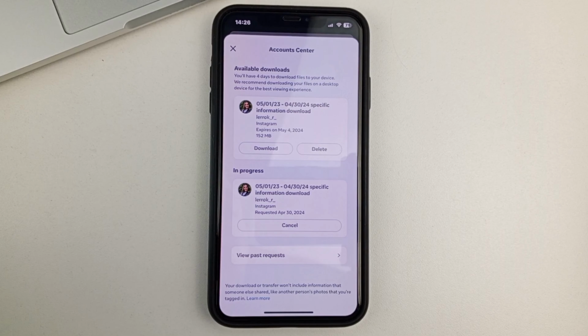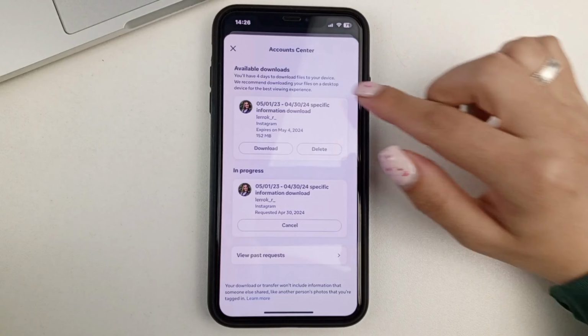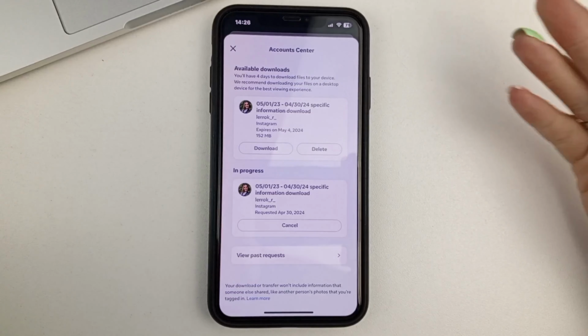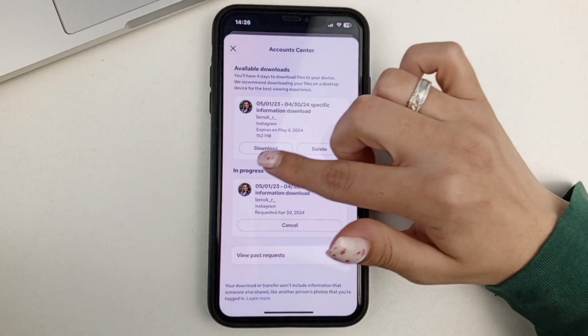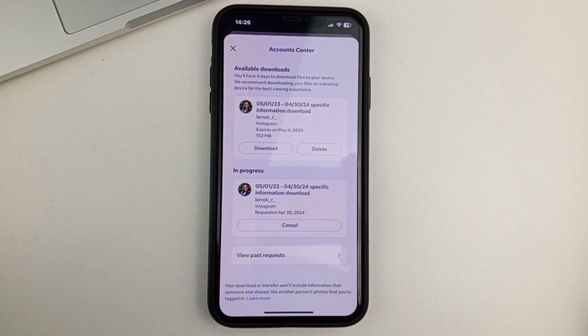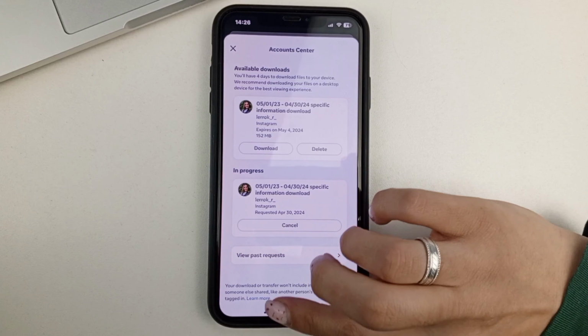But you have to wait a while. It takes literally a few minutes for your request to be approved. And once it's approved, it's gonna look like this. The request that I made earlier, and in order to restore the deleted posts, you're just gonna have to click Save. And then you'll be able to go and see your restored Instagram posts.